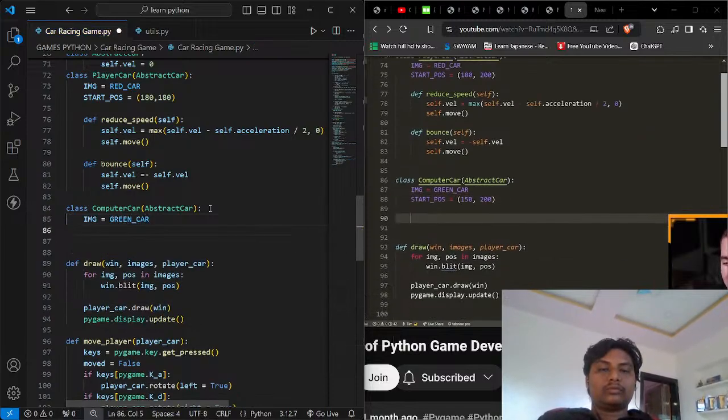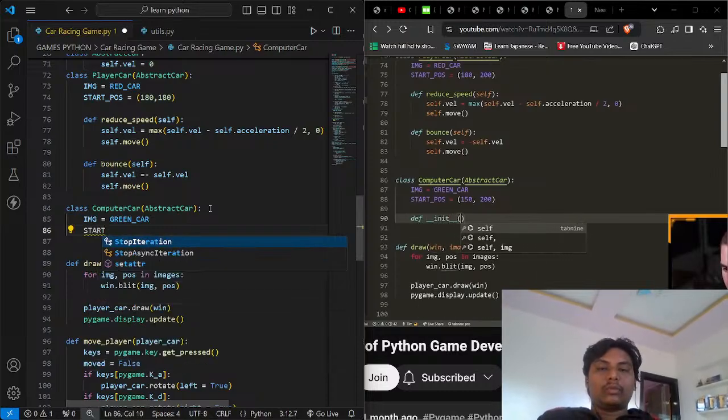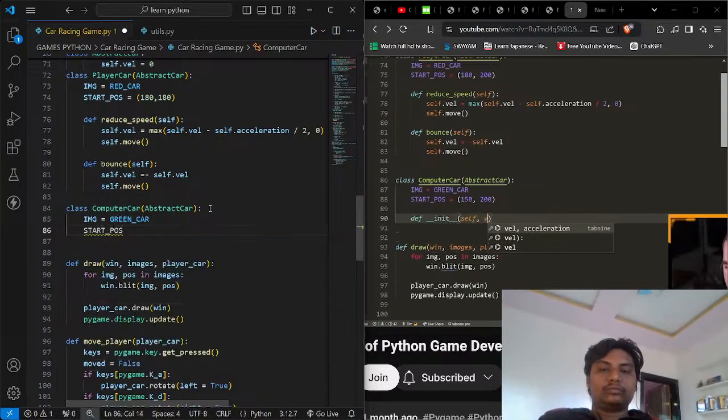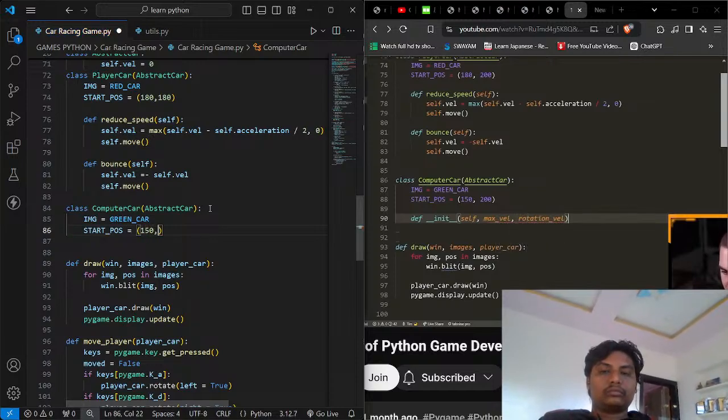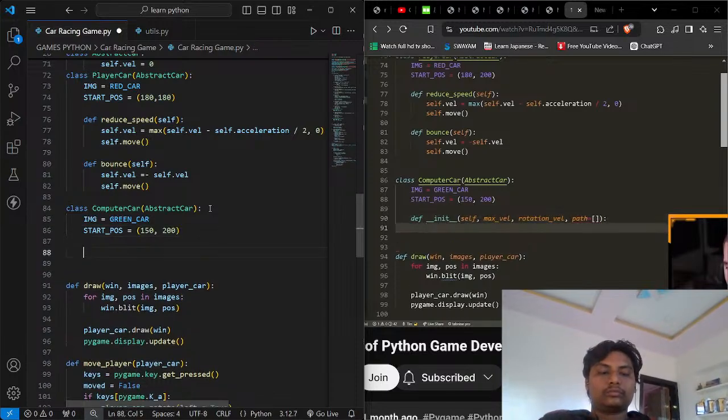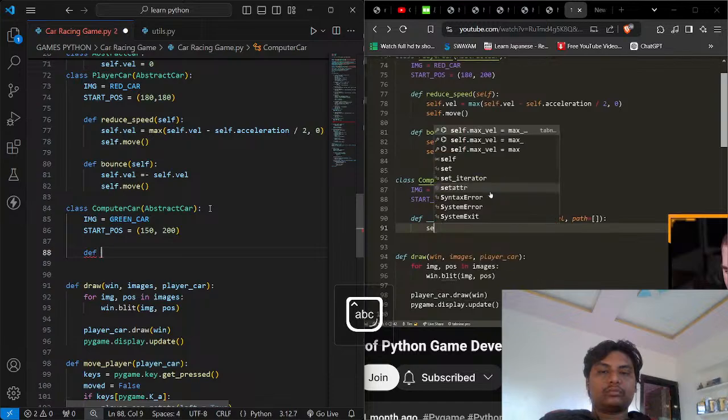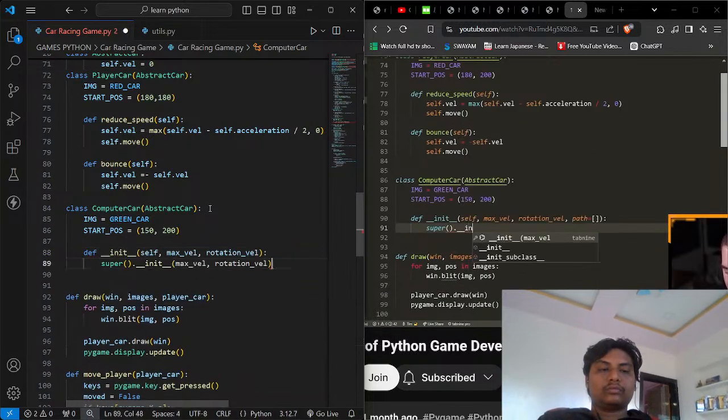Next, I'm going to override the initialization. So I'm going to say def __init__(self), this is going to be max_vel and rotation_vel. Is giving me that. Very good. And then I'm also going to take in a path, which is going to be equal to an empty list by default. Then what I'm going to say is self, not self actually, super().__init__